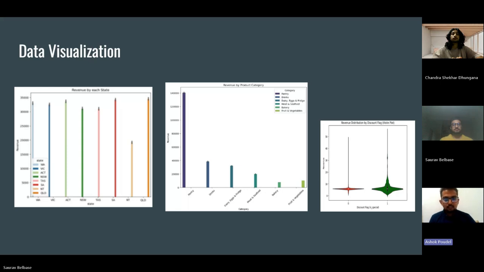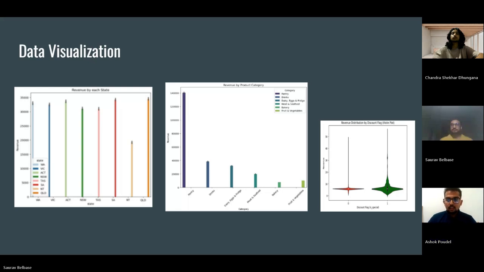20,000 AUD. And then the second plot shows the revenue generated by each product category, and as you can see, the pantry is the top grossing category with a revenue well over 140,000 AUD. And drinks, dairy, eggs and freezer, and meat and seafood are the next highest categories. And the bakery and fruit and vegetable have the lowest revenue of around